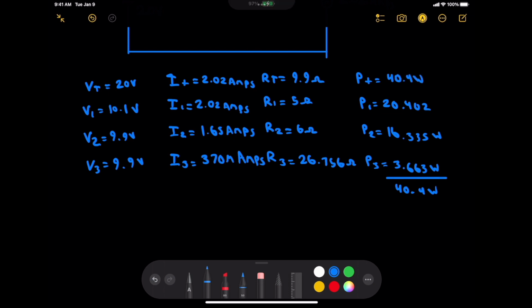I'm not sure if it's correct. However, we can double check. I think the website has the answer here. And they only ask for the missing resistance. But we can look. They don't have it. That's okay. I'm pretty sure that this is correct. And this was more just me testing out